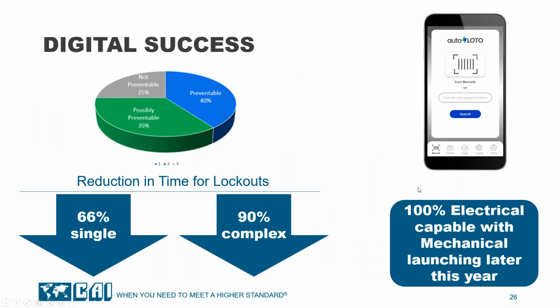In this 5-week period, when they were done, they went back to the site safety person and said, based on the near misses and incidences that occurred during this period, which one of those would have been prevented by using auto lotto as the solution? They came to the conclusion that it would be 40%. They said which ones may have been prevented at 35%, and they came back and said about 25% of them, auto lotto wouldn't have been able to prevent that.